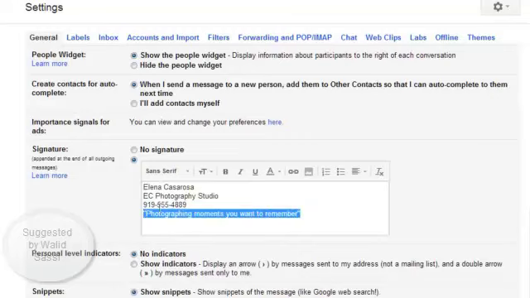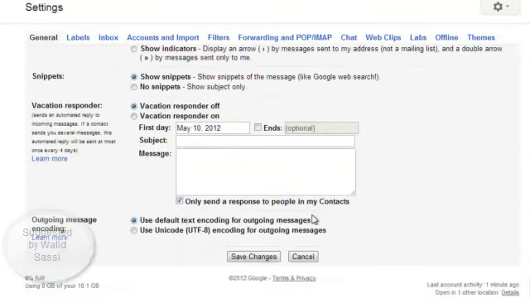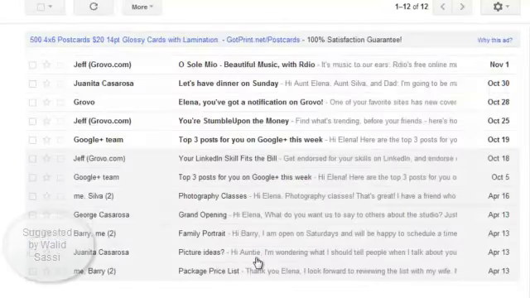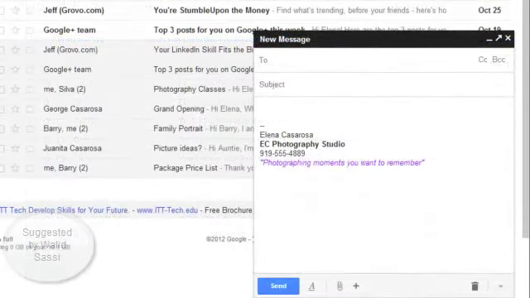If you want, you can add some formatting to your signature. When you're done, scroll down to the bottom of the page and click Save Changes. And now, whenever you compose an email, your signature will appear at the